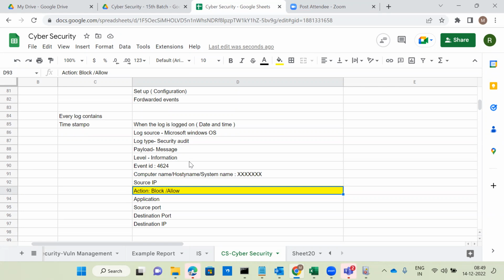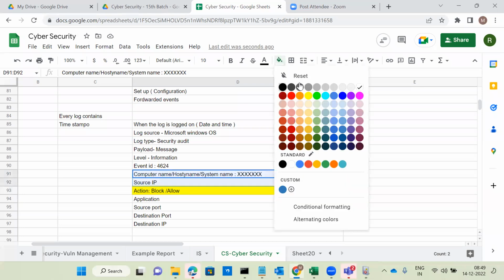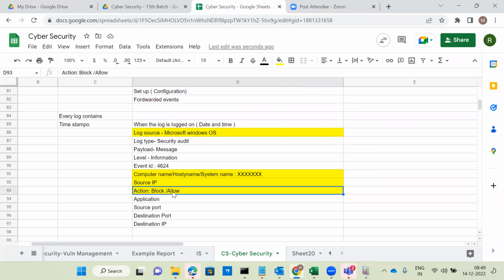Okay. So this is the way. One is log source you have to identify. Second one, action you have to identify. So these four things you have to remember whenever you're analyzing something. From which log sources those logs are reflecting in the SIEM tool, what is the source IP, what is the host name or computer name, what is the action, and what is the destination IP or application.